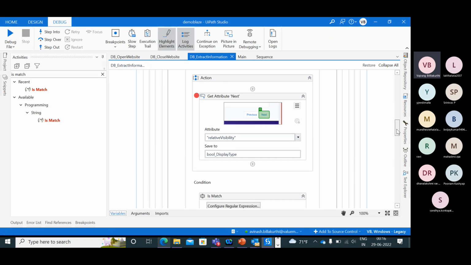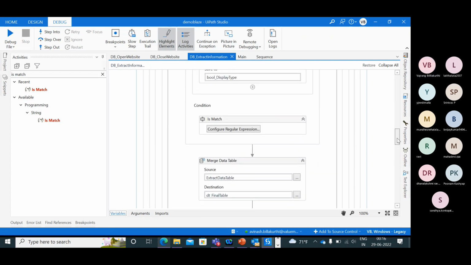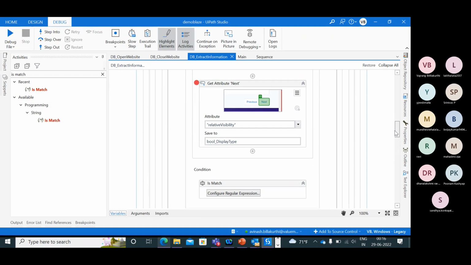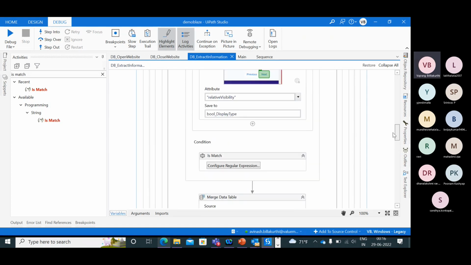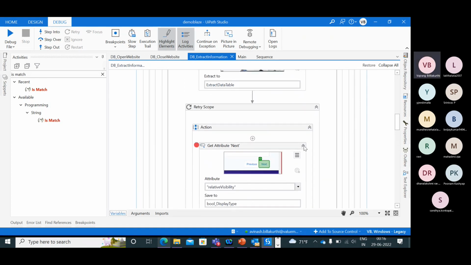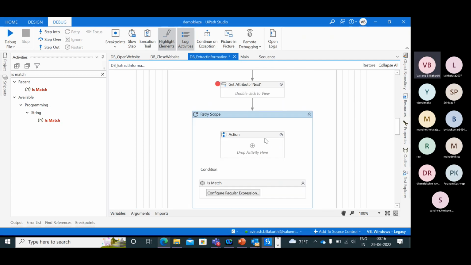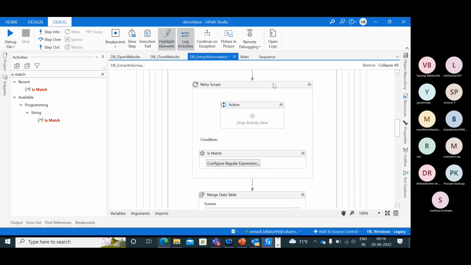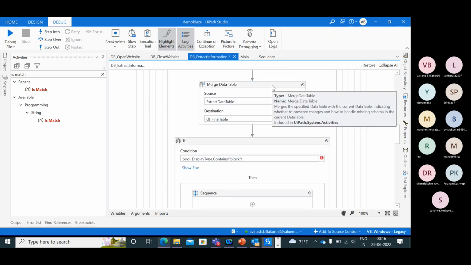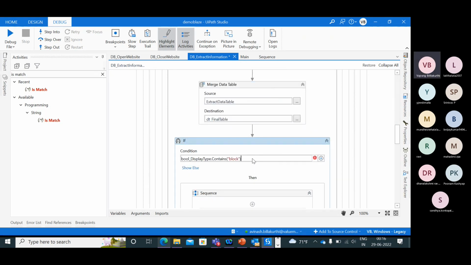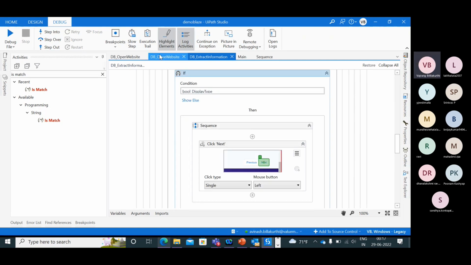Variables closes. Just want to get this confirmed anyway. So we'll just move this to the top, remove this retry scope. Display type is block, so bool display type will not contain anything. It's true or false. So let's have a breakpoint here.